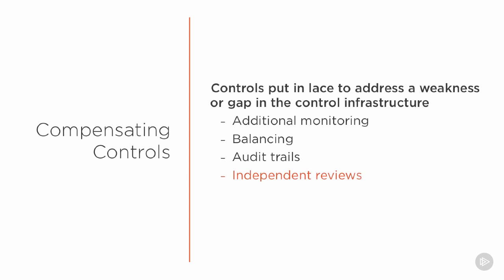A very good compensating control is where we have an independent auditor, or a person come in from outside that will review a process, who might be able to see if there's something that's just not quite right in that area. One of the things we also do, of course, is provide training, making sure that people have the training and skills to do their job. That of course can make up for the fact that if a person is in a high risk area, we give them additional training, additional reviews every year so they understand what are the risks associated with their level of responsibility